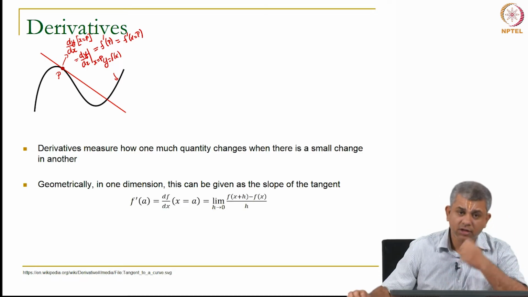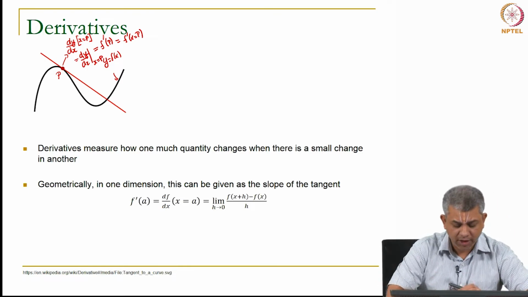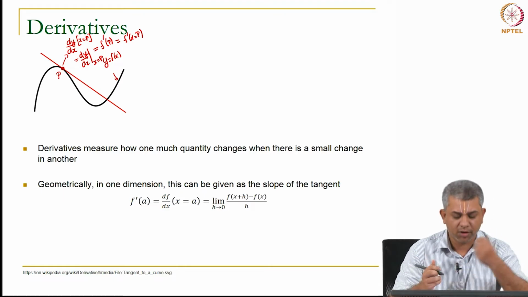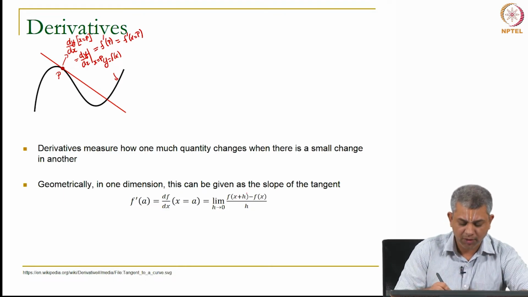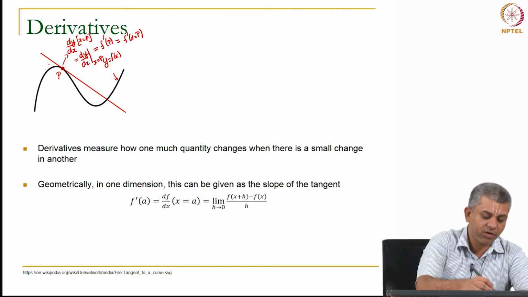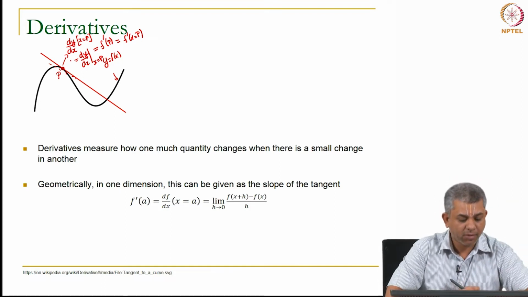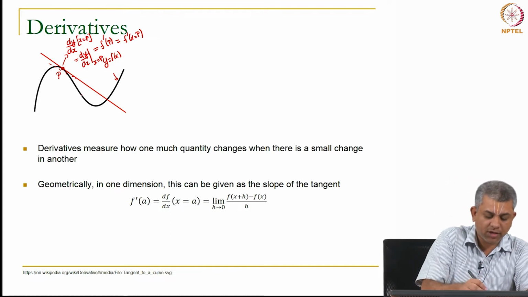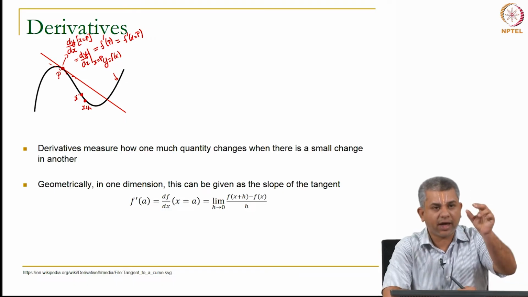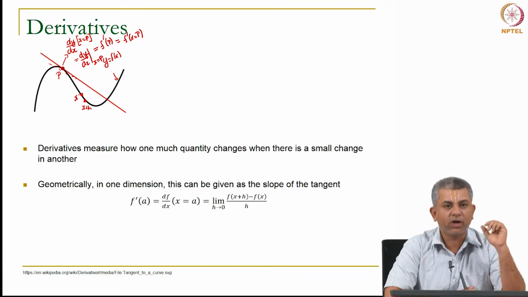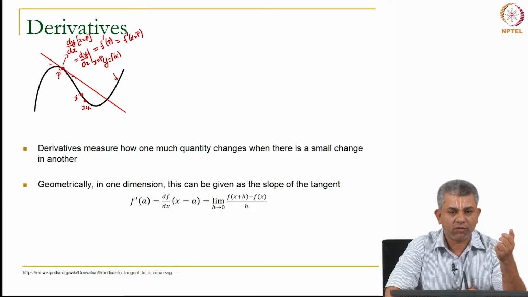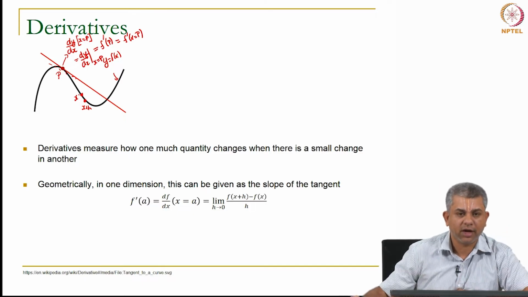So, we know that this slope essentially can be written as the limit of a small perturbation on x. Okay, so, f of x plus h minus f of x, divided by h. This of course is the limit of the secants, okay, as they go towards this point and become a tangent. So, the slope at this point x and x plus h. So, you find out the difference in values, and as h tends to 0, the slope will tend to a finite value, and that is what we call the derivative or the slope at that point.